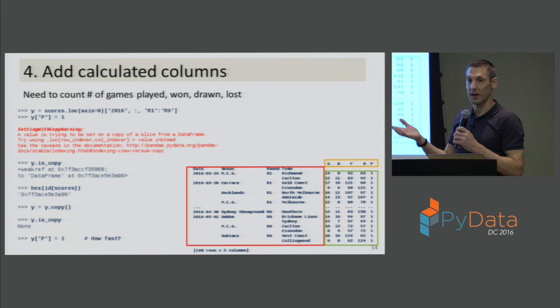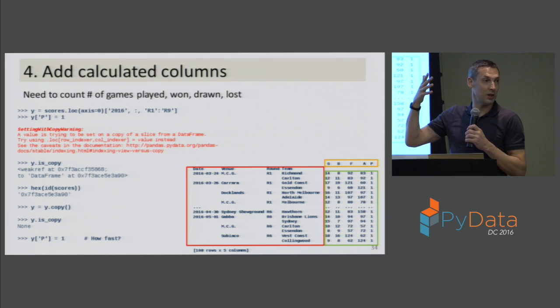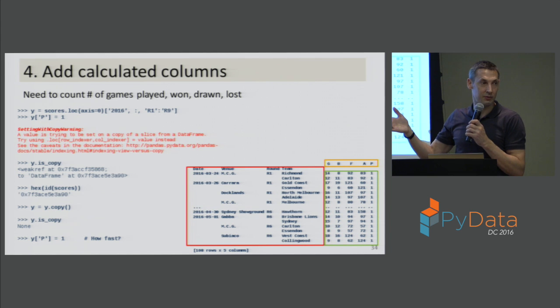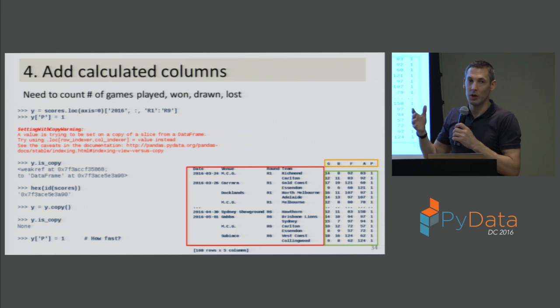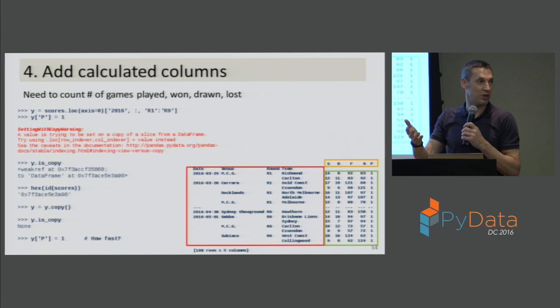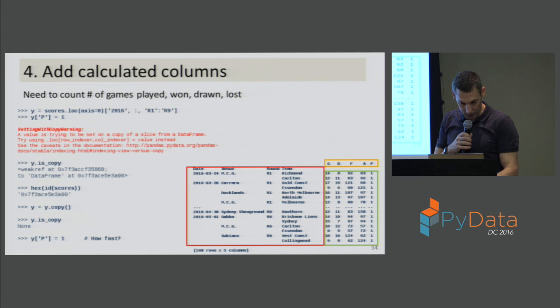And what is actually happening behind the scenes here is that our data frame Y is referring back to the original underlying numpy data in the scores data frame. Pandas is worried that we're updating Y, adding a new column to Y, or changing values in Y, but we may not be aware that this would change things in the underlying data table, data frame in scores. So we get a warning for that. And the way around it is actually to make a copy, make an explicit copy, so we get our own underlying data